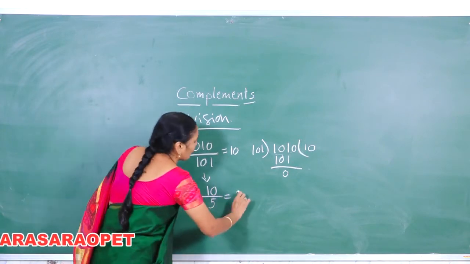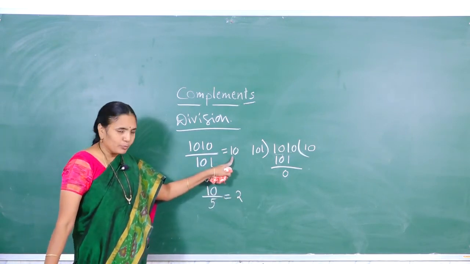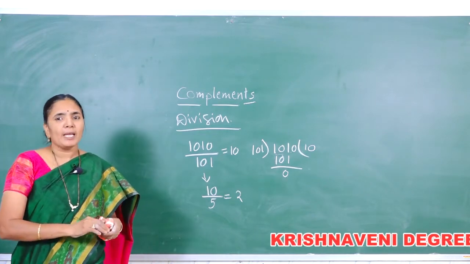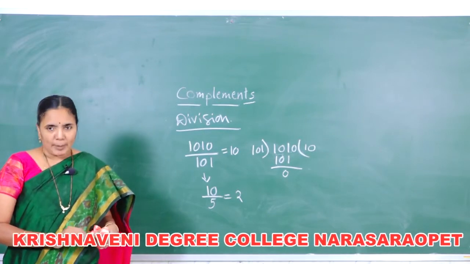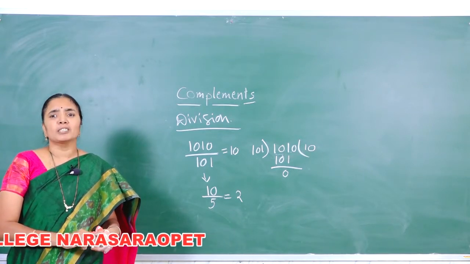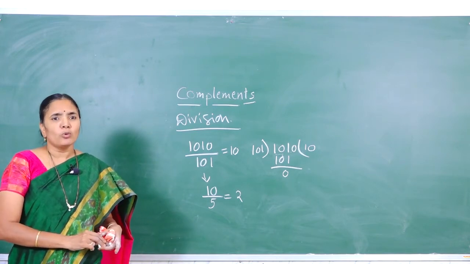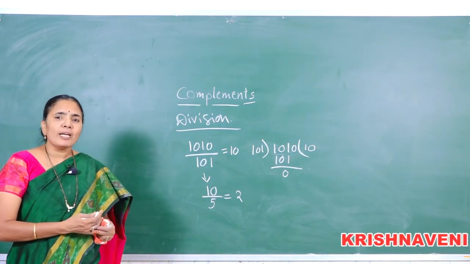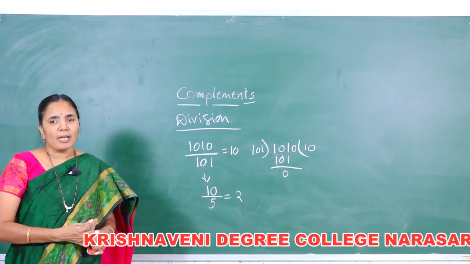10 divided by 5 is 2. The binary equivalent of 2 is 10. This is the process of doing the arithmetic operation in the binary number system. The similar process also continues in the other bases. But we have said that the octal and hexadecimal numbers are used to represent the memory addresses. So, there is no need to discuss them, but if you are interested, you can do the arithmetic operations on octal and hexadecimal numbers in a similar fashion.